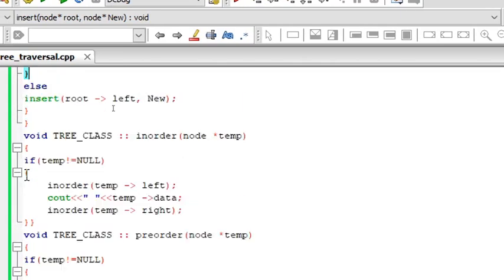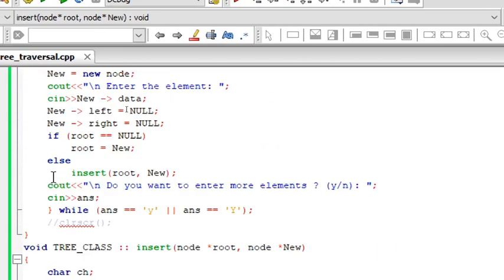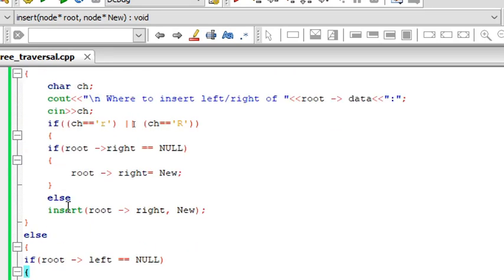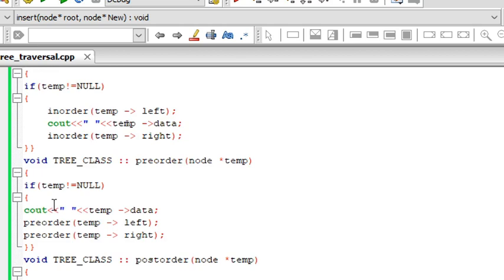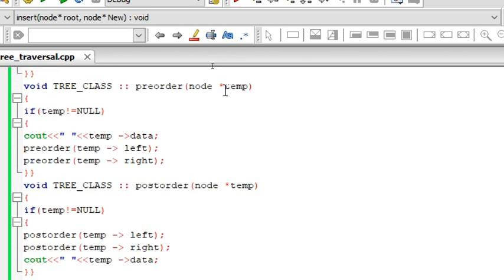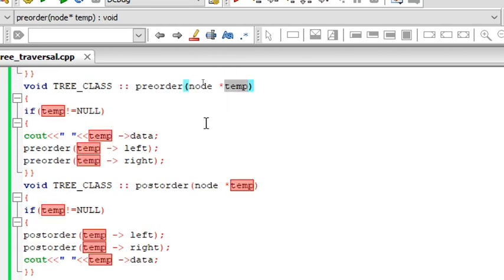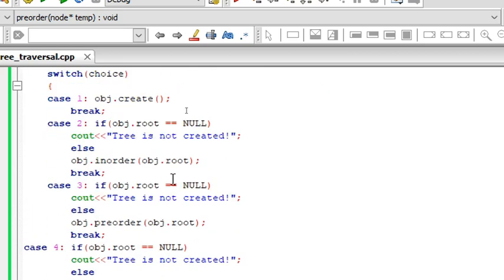I couldn't get that right now. Let me check. Yeah, over here, the node which I'm giving here as temp, I'm just initializing temp inside the parameter. I forgot to check that. So the second option is for in order, the third case is for pre-order, and the fourth case is for post-order.